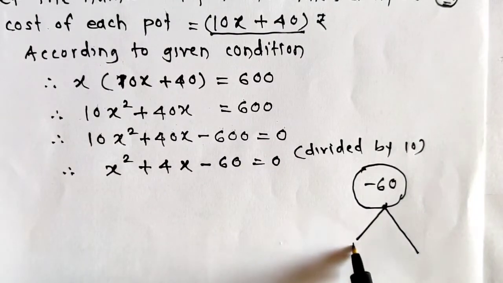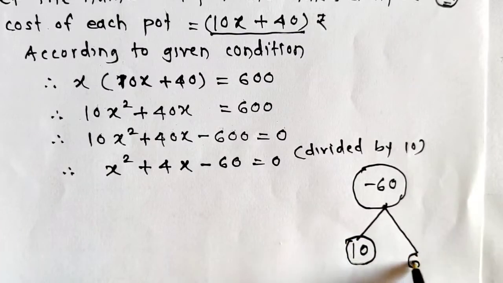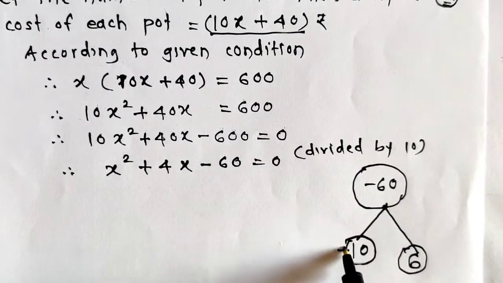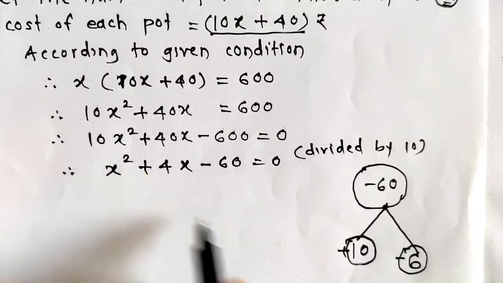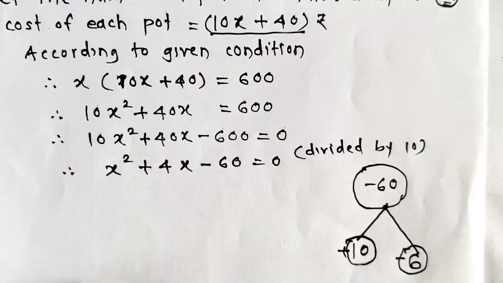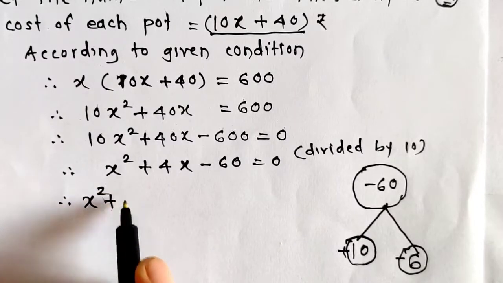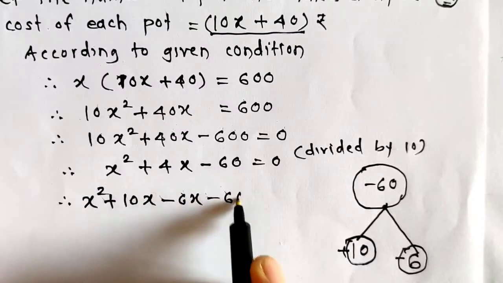So we get 10 and 6, because 10 times 6 is 60, and 10 minus 6 gives us 4. So the sign of the middle term goes to the larger factor and the opposite sign to the other factor. So we get x square, and the middle term is split into 10x minus 6x, and minus 60 is equal